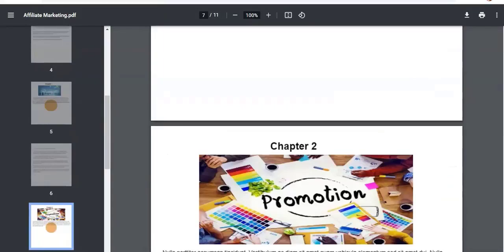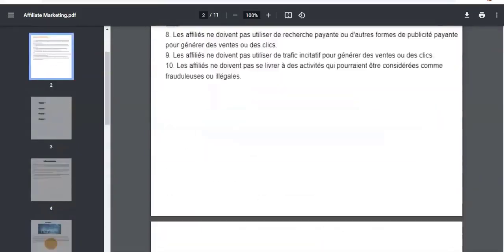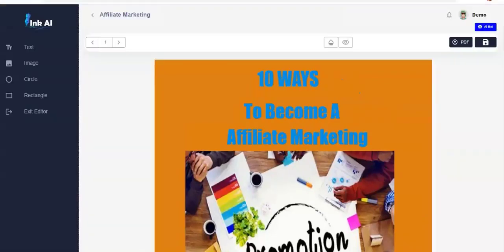Man, this is amazing. So you can go ahead to create as many ebooks as you deem necessary, as you want, depending on what you want, depending on your need, right? So that's it. Now let's go back. You can as well